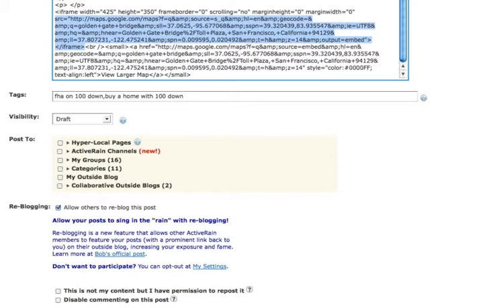Now that we have it the way we want it, we've tested our hyperlinks, everything's been proofread, everything is looking the way we want consumers and search engines to see it,